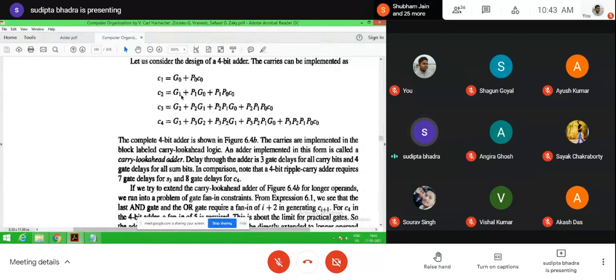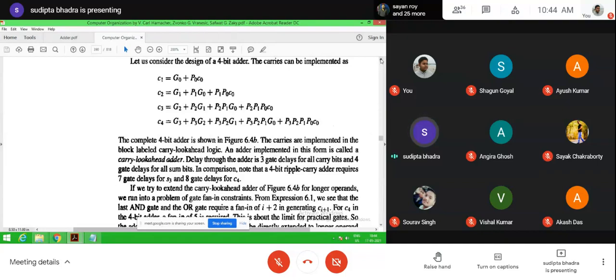Then there is no requirement of C1. That means simultaneous generation of C1, C2, C3, C4 is possible. In the case of C4, the expression has the values of G0 to G3 and P0 to P3, but only one carry value, that is C0.